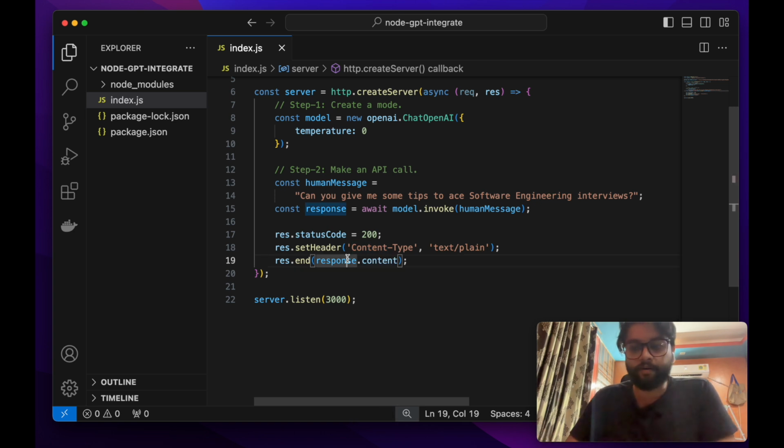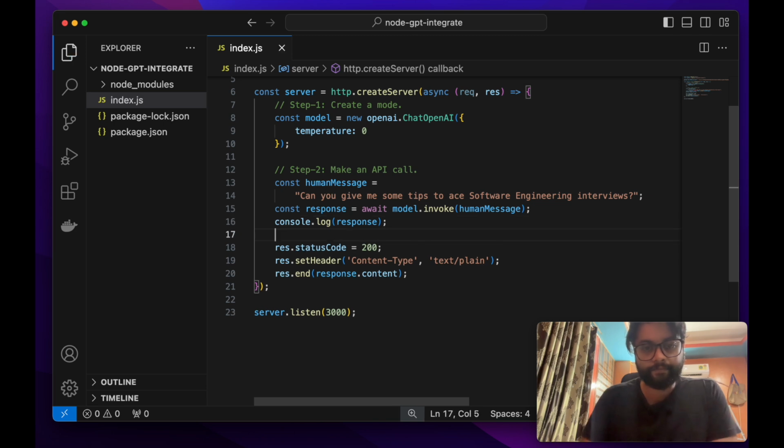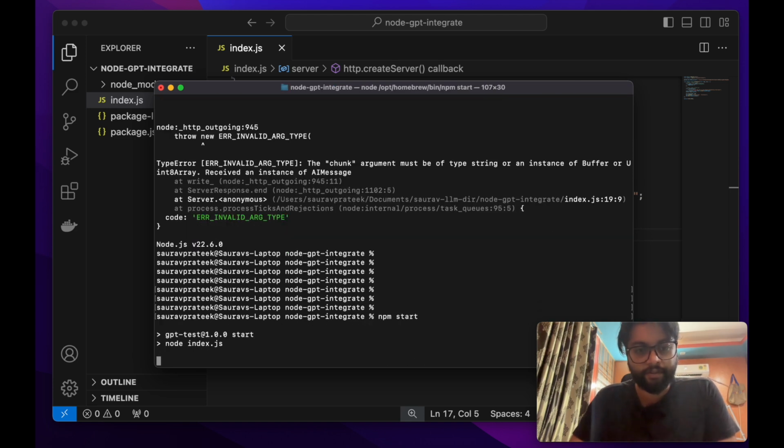Apart from that, there is a lot of other metadata in this response, which you can see if we log the entire response object. So let's log the response object as well so that we can see how the response looks. Okay, cool. Now when I run again, it should get started